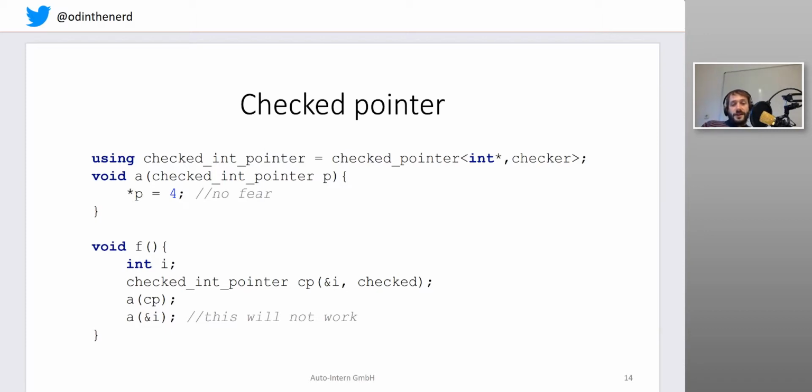The last line, or the second to last line with the comment, we can see that this will be a compiler error because we are passing just a naked pointer to our checked pointer interface. And once one starts to add these kinds of things to the code base, this was actually the same project where I made the mistake with the packet ID and protocol ID. I realized at some point that I had a very large architectural error, if you will. I had built the entire program around an assumption of